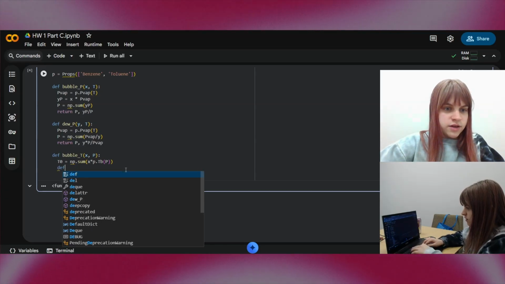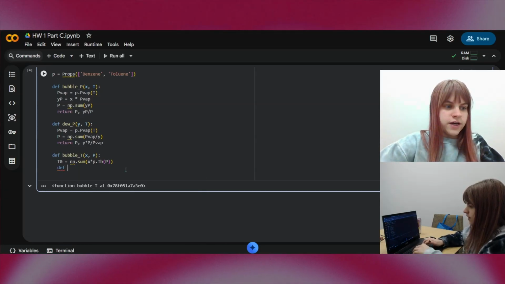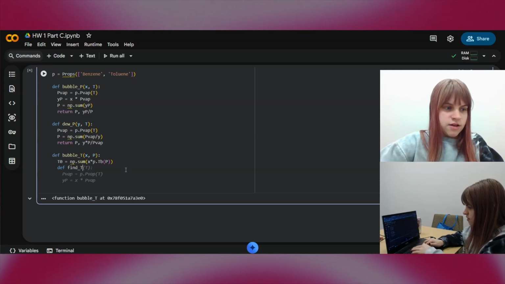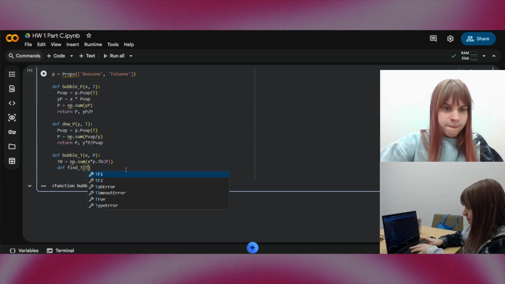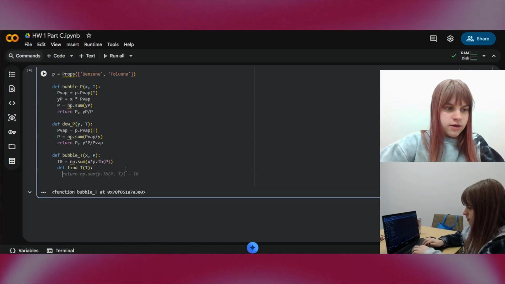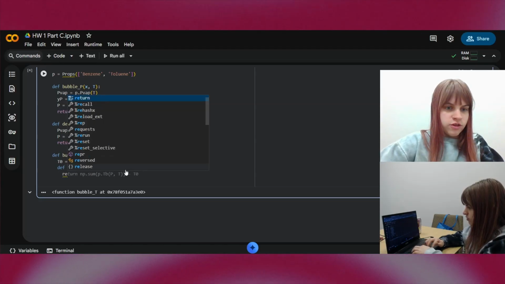So to do this, we are going to define another function within this function. I'm going to call it find T, so find the temperature. It takes an argument of the temperature, and we are going to return